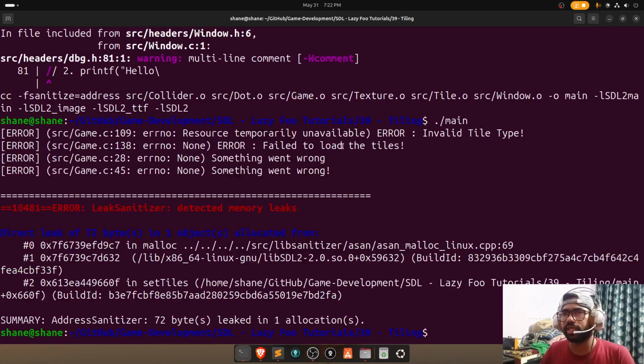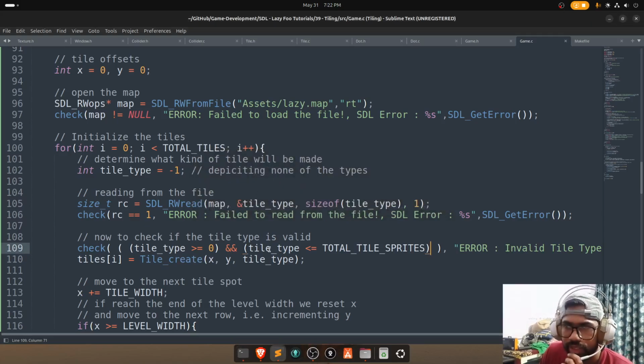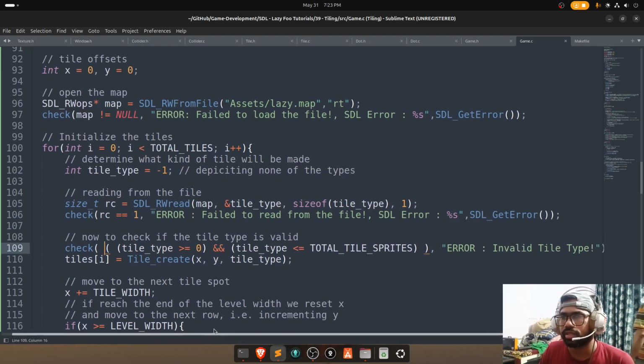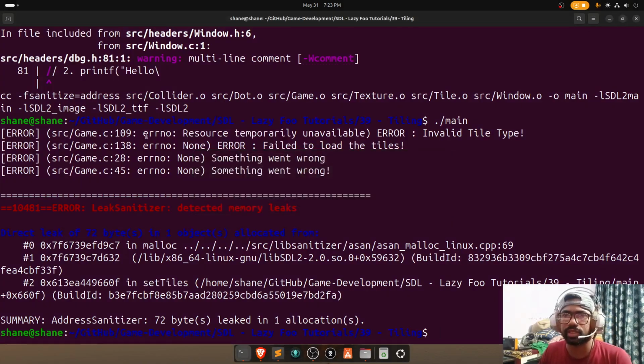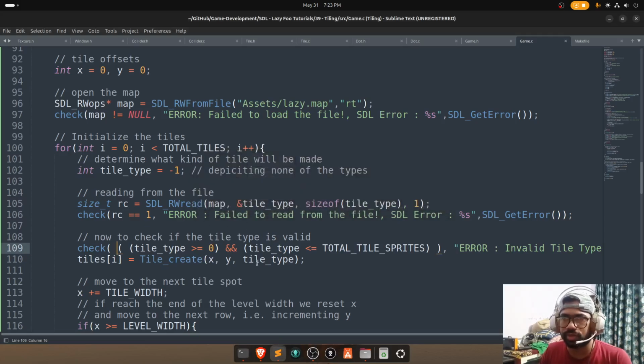Okay, invalid tile type again. Invalid tile type again. No, this is okay. Error invalid tile type. Resource temporarily unavailable. Okay, so